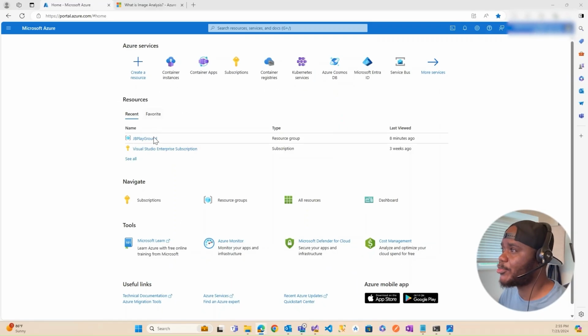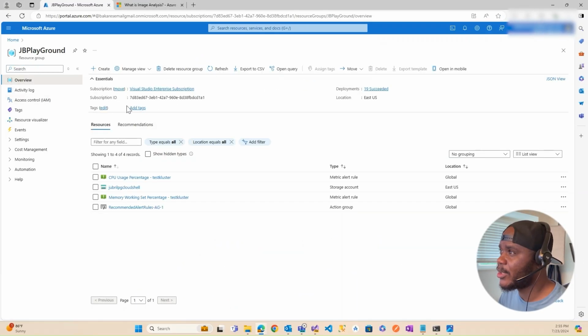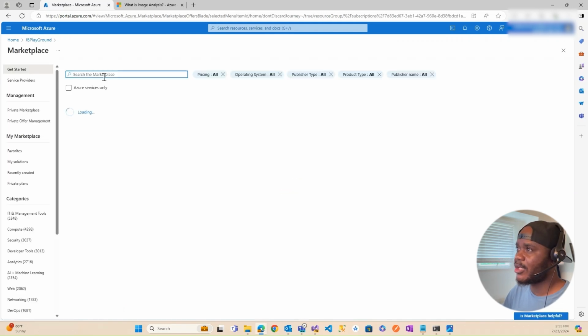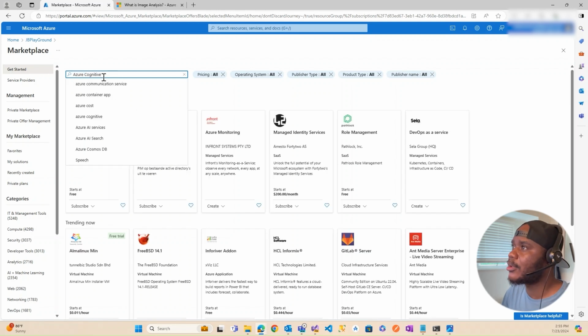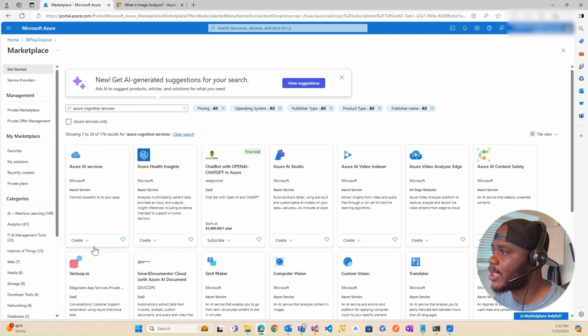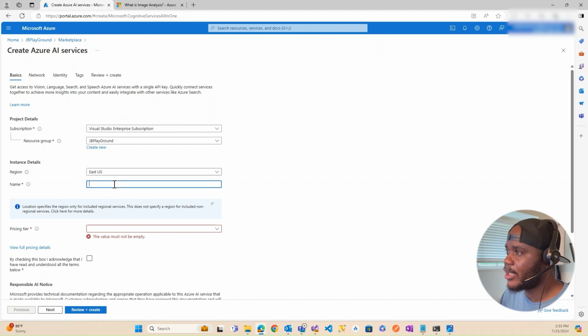First, I'll go to my Azure portal, click on an existing resource group, or you can create a new one. What I'll be doing here is creating an Azure Cognitive Service. I'll come to the marketplace, type Azure Cognitive Service, click on that, and then create a new one. The Azure Cognitive Service will give me access to all the Azure AI services, regardless of whether it's vision or speech or any other. So Cognitive Service gives me access to all. And I'll create one,